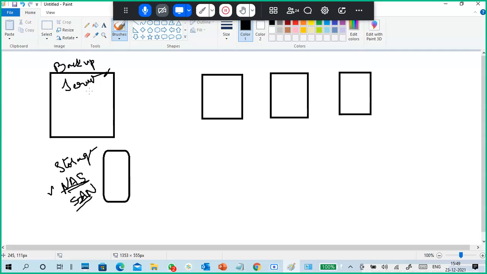Here it is. Backup server means, you have a 2016 server, right? You already worked with a 2016 server. So how does it become a server? By installing a role, right? So DHCP server, DNS server, like that. So this backup server, we install an application on a normal PC, a regular PC only, Windows 7, Windows 8, Windows 10, or a server, or anything. This application is the backup server application.